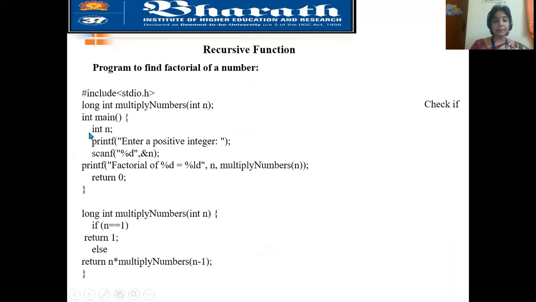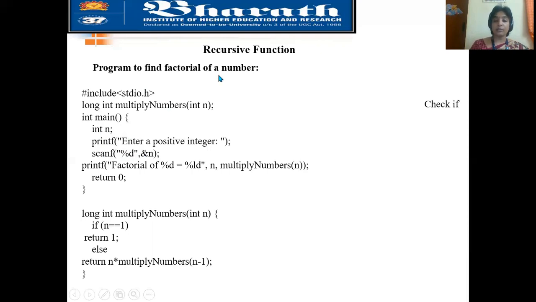Let us consider the main function. We are going to use a variable n as an input from the user. We are going to get the value of n from the user. For that, we are using the scanf function. For this n value, we need to find the factorial.